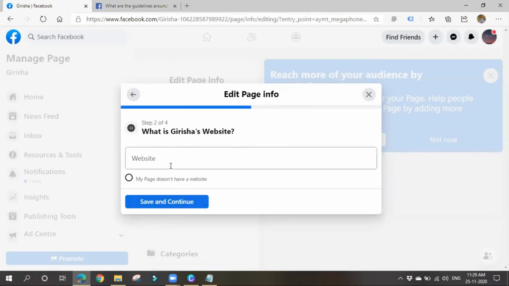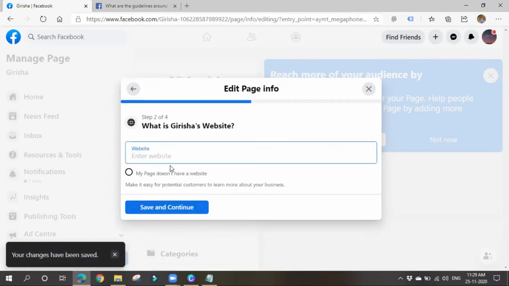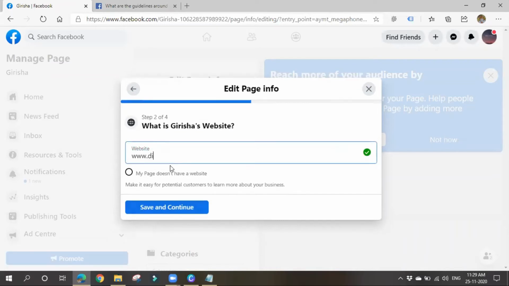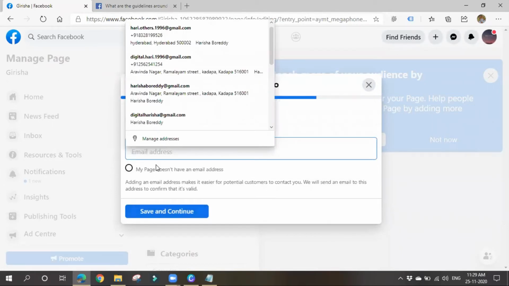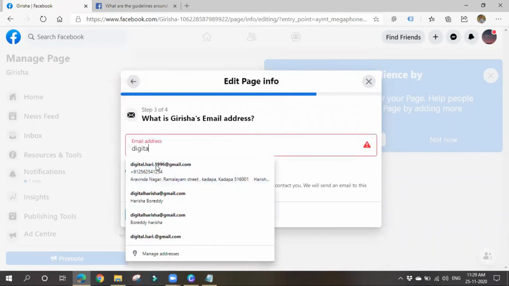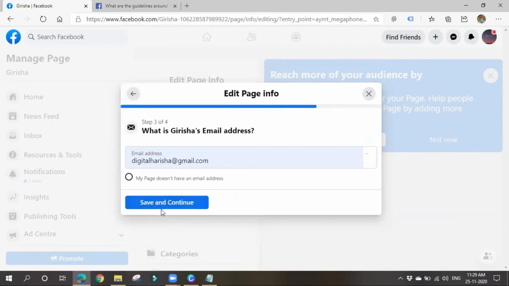Website, if you have any website, please give it. So I'm giving some website, and some email address. The minimum setup is done, I think.